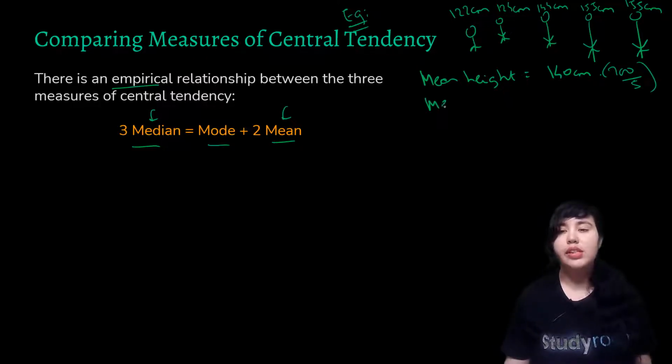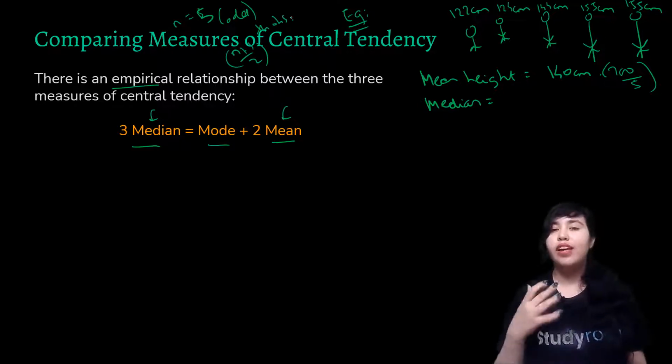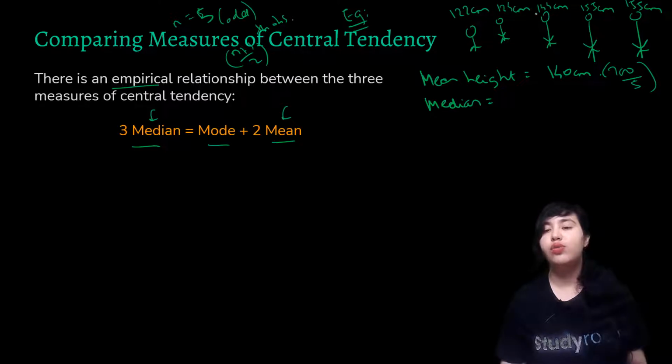Now I give you the median. You look at n is 5, so that is odd. This is ungrouped data, right? I am not giving any class intervals. So you will make use of which formula? For median, n plus 1 by 2th observation. That will give you 5 plus 1 by 2, that is the 3rd observation, which is 144 centimeters. So the median height is 144 centimeters. The mean height is 140 centimeters.